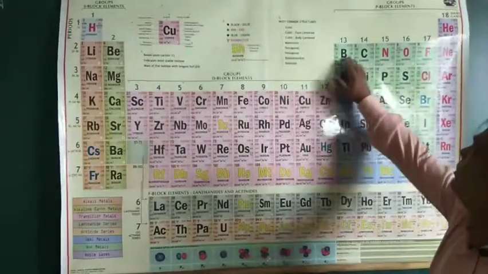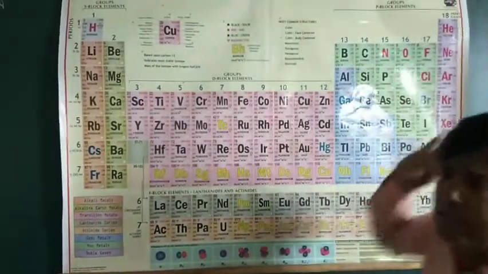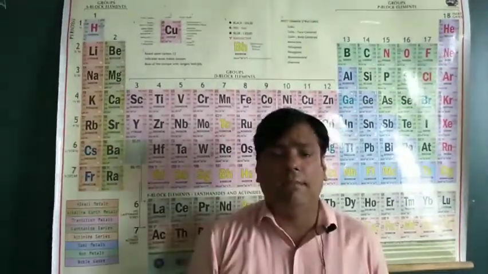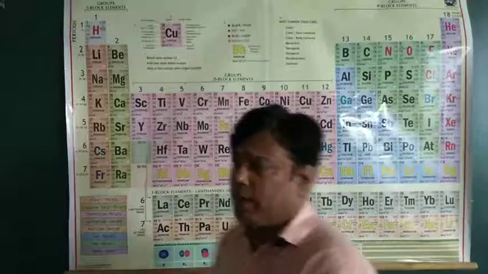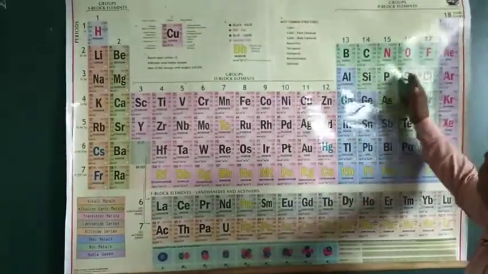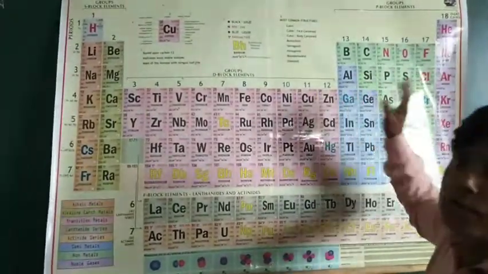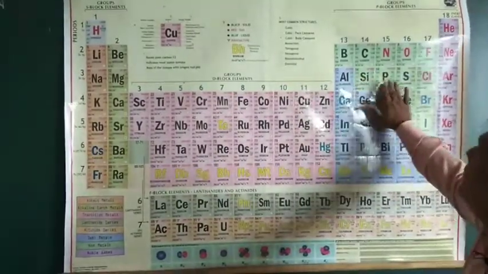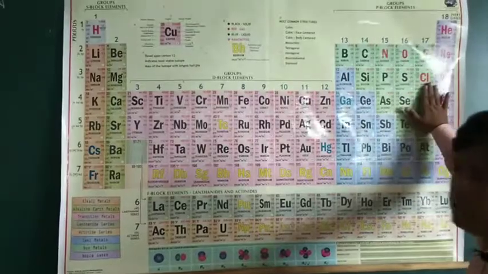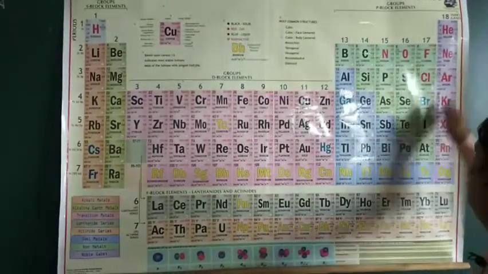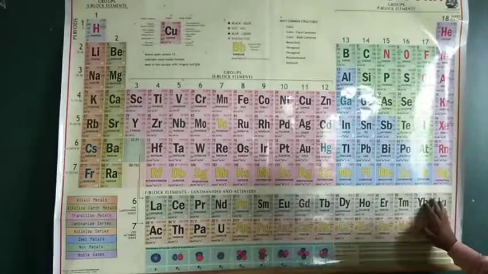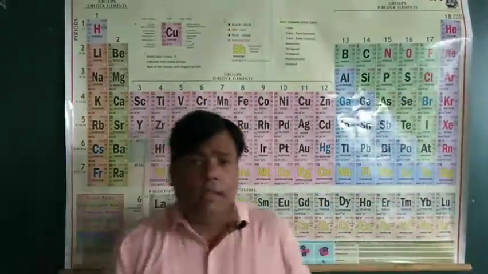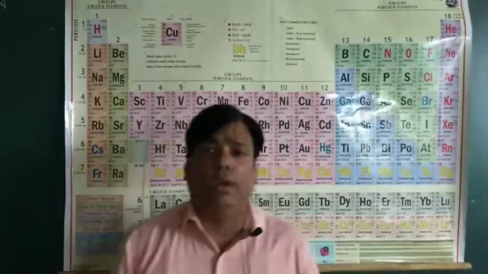Here, that is our P block. So, P can contain a maximum of how many electrons? The P subshell can have a maximum of 6 electrons, right? So, 1, 2, 3, 4, 5, 6 groups are there for the P block. That is our boron family, carbon family, nitrogen family, oxygen family, fluorine, that is halogens, and these are noble gases. So, P block elements contain metals, non-metals and metalloids also.